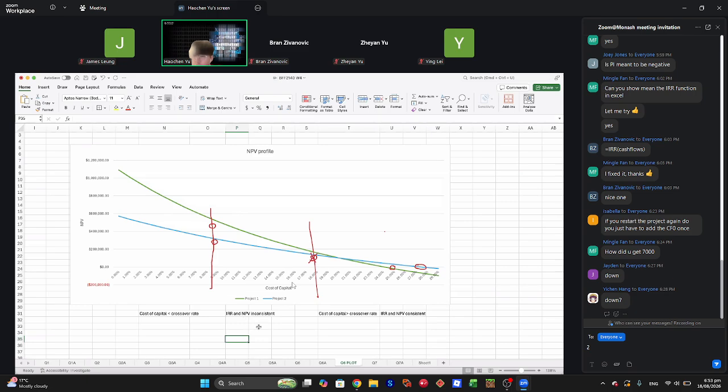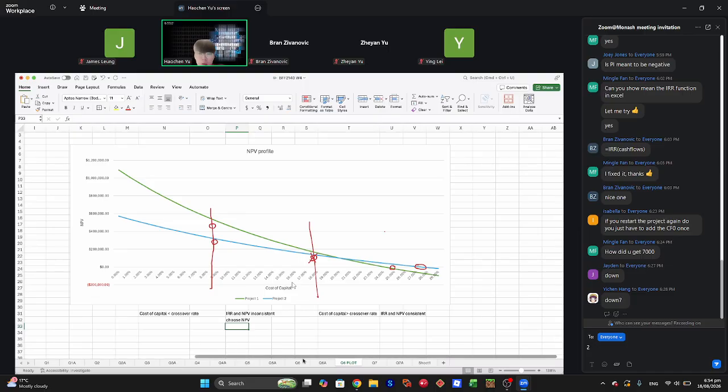Then IRR and NPV will give you inconsistent results. And then we should choose NPV under this case. If these two give you different conclusions, then we should choose NPV. And this is how we use the crossover rate. So for this question,